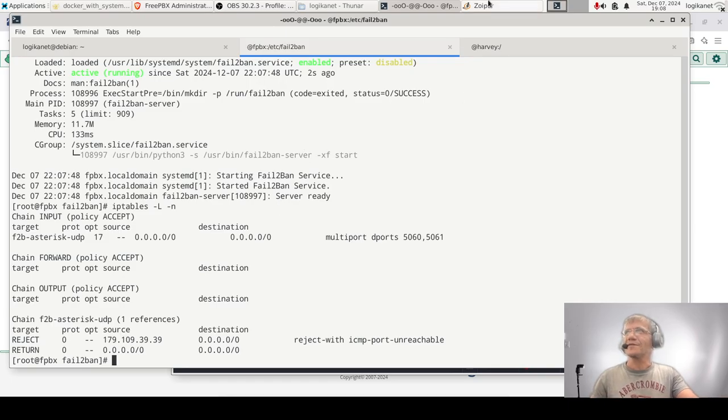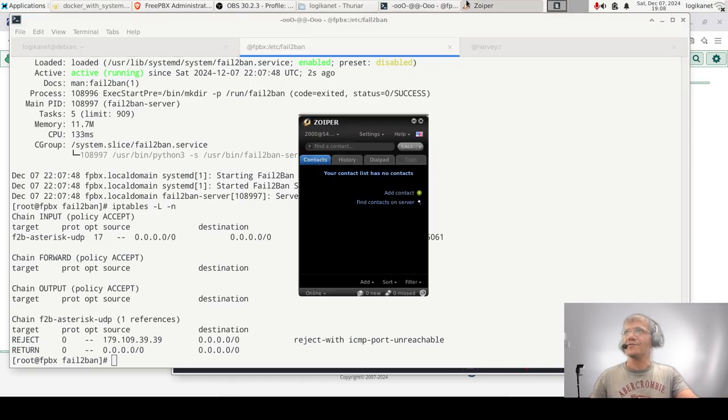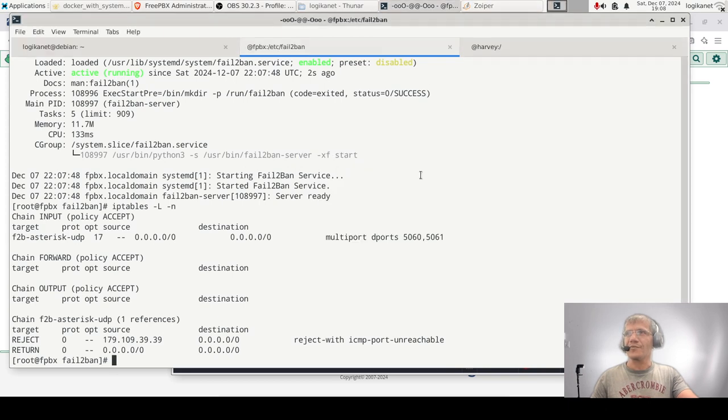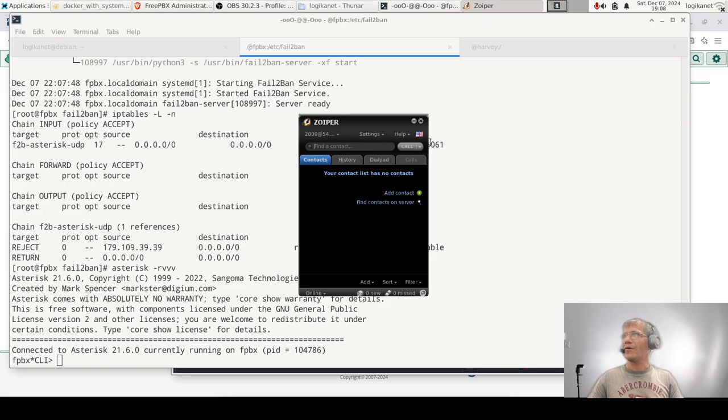Probably because I tried the wrong password. My Zoiper was open with the old extension with the old password. So yeah, that looks just like my IP address. I'm gonna take it out, but we know that it's working. So that means if I try to call or do